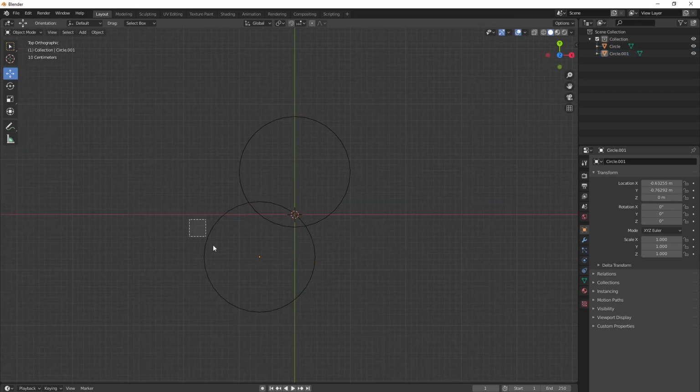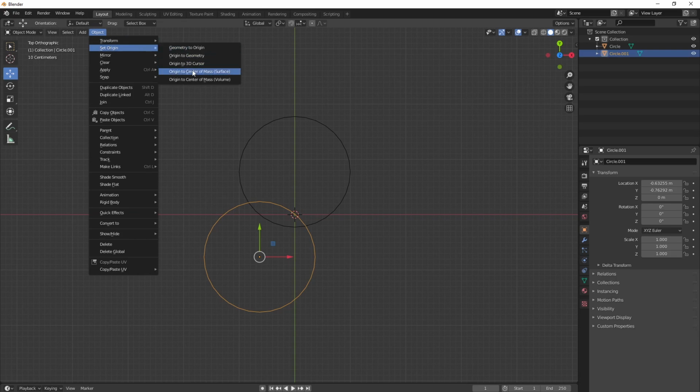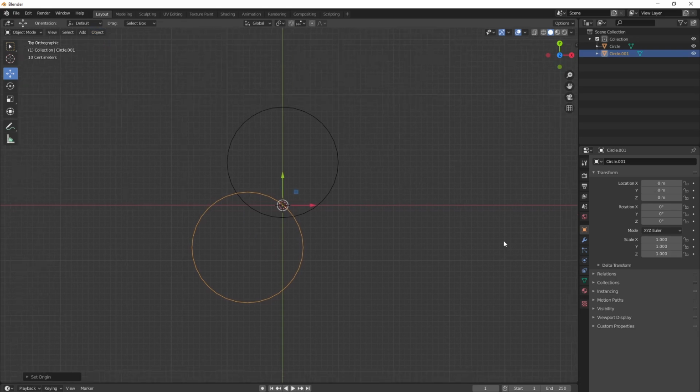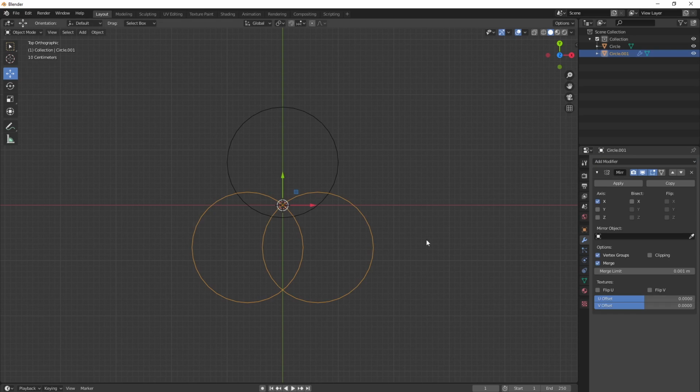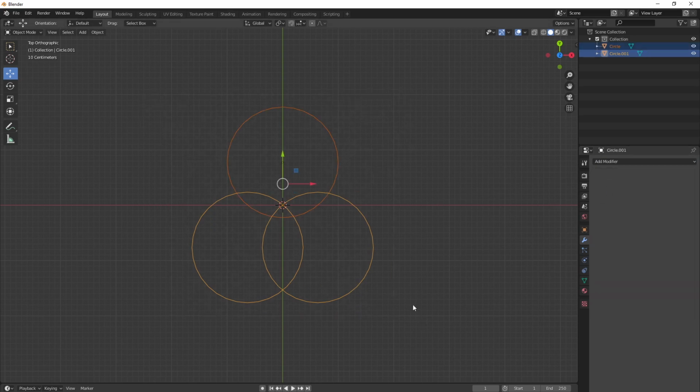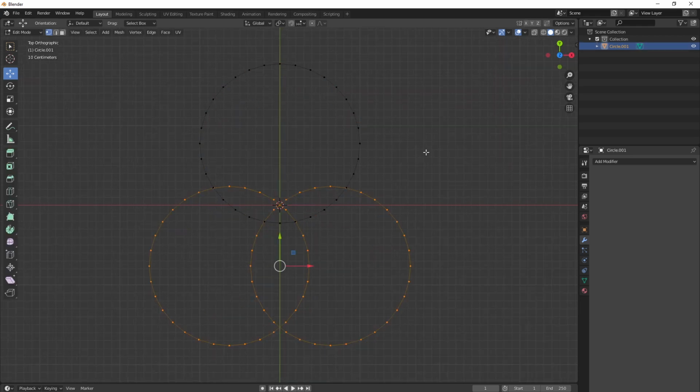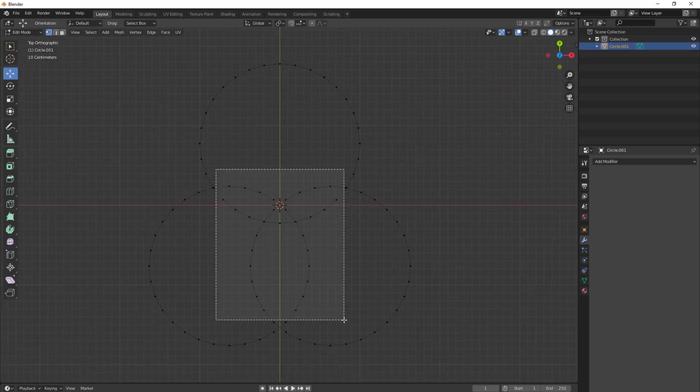then select your below object, then Object, Set Origin, Origin to 3D Cursor. After that, give a modifier, Mirror, then apply that, then select all your circles, press Ctrl J to combine that, then select all the in-between vertices